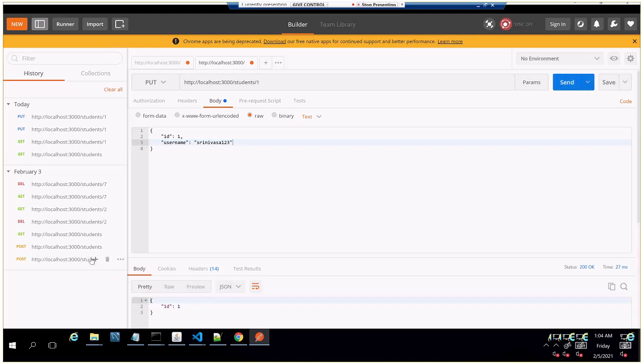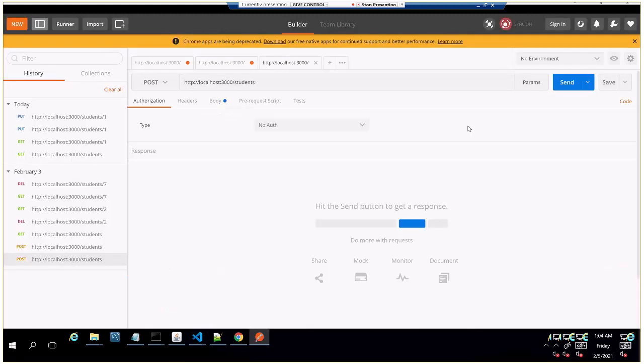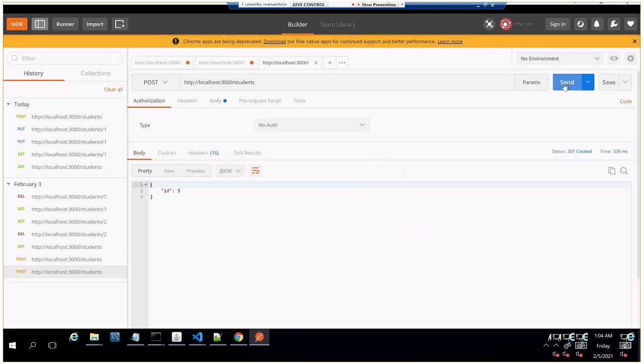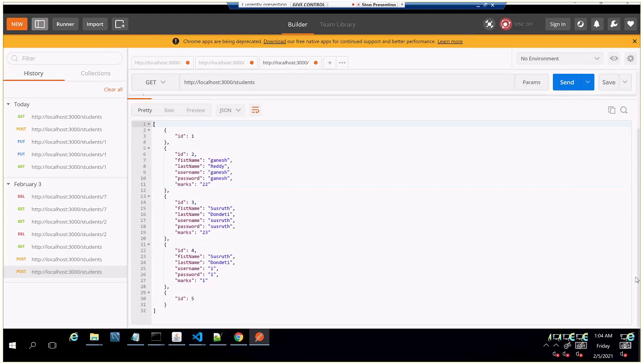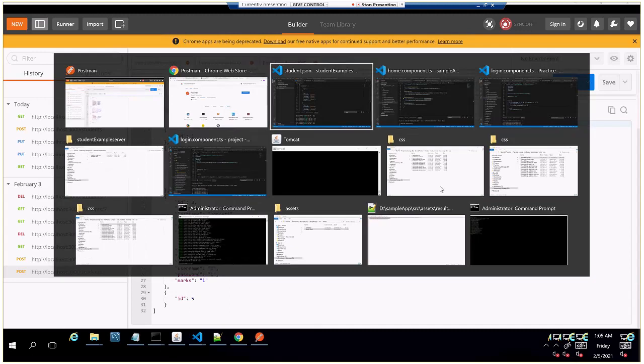Now we'll see whether this is working fine or not. I have modified it, now I'll go and see. It added one more record here. What happened? We have actually deleted that row, I guess. That's why it didn't work.